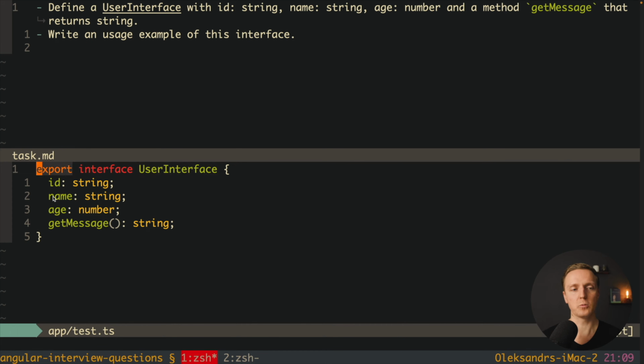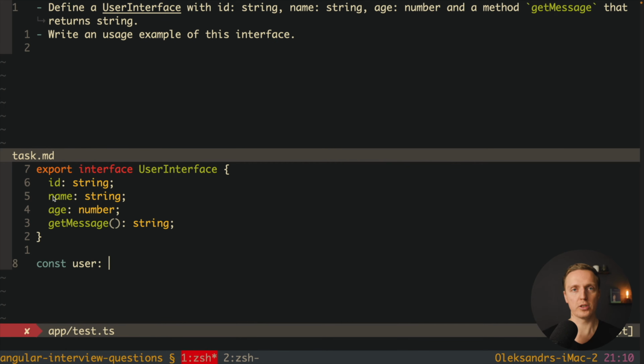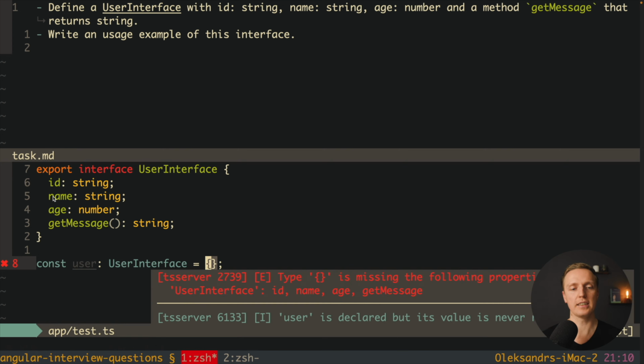And if you're asking why here we wrote the word export, this is because we want this interface to be used across the whole application and not just in this file. This is why here we're using export, so we can import it everywhere. And now we must write an example of usage of such interface. So typically somewhere inside your code you will create a variable user and you really want to be sure that it specifies our user interface. This is why here we are saying that our user must be a user interface.